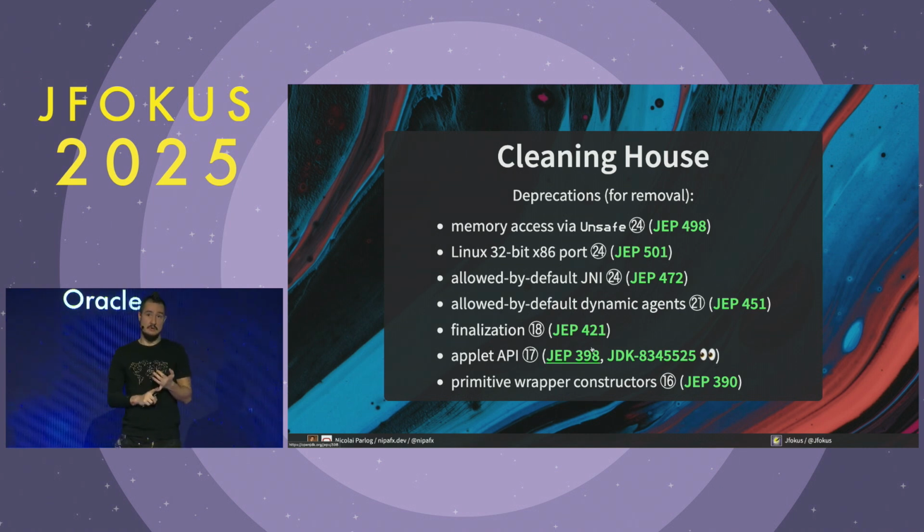Finalization is going away. That is an old-style way to clean up resources after you, which again, you're probably not doing. You're probably using try with resources, but your dependencies might. There are flags that you can use to simulate a world without finalization. Finalization, I think,